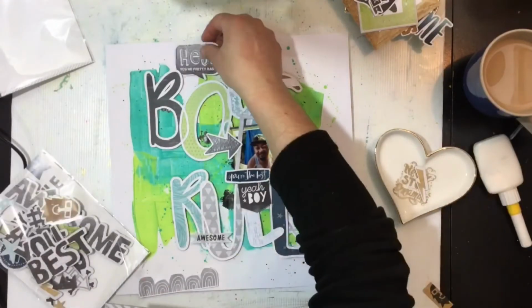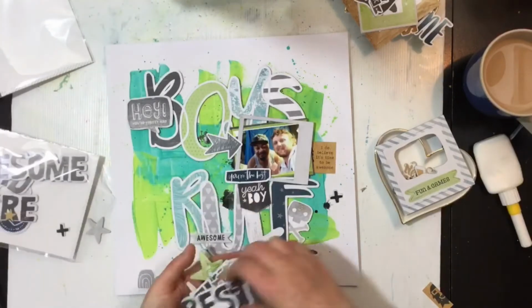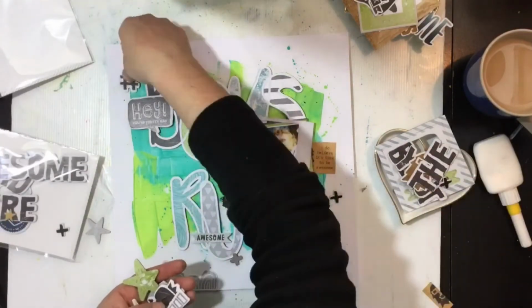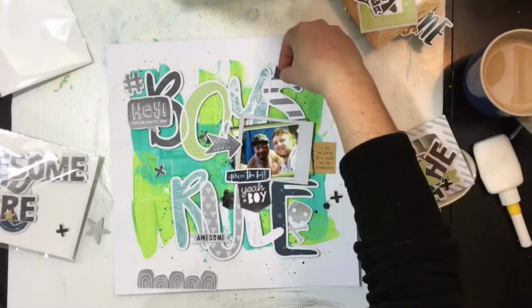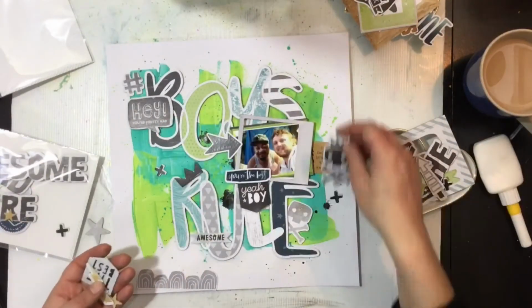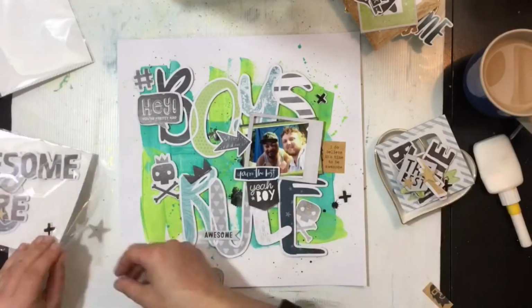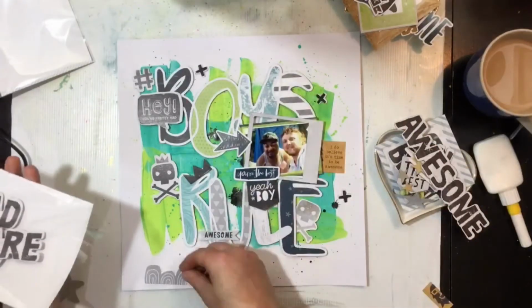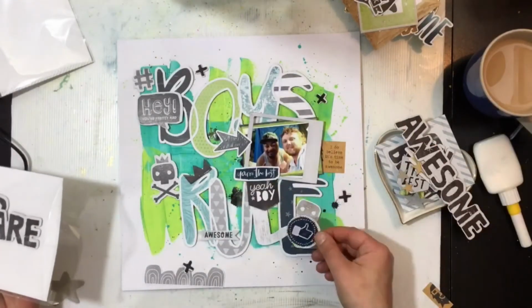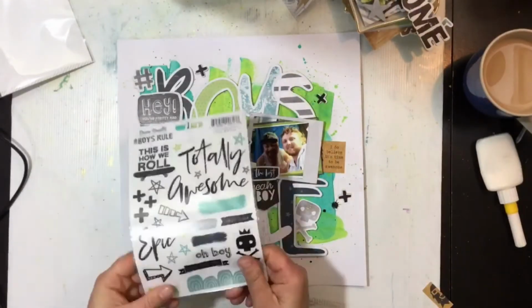So now I'm going to go through the chipboard pack, which is really cool, by the way. I love that they do chipboard like this in a pack. It beats trying to dig it out of a 12 by 12 sheet. So yes, I'm just rifling through that, pulling out bits and pieces, the little skull and crossbones, because why not? When else am I going to use them? I decided to use up all those little X's. I thought they'd be nice pops of black around the page, help to kind of tone down that lime green